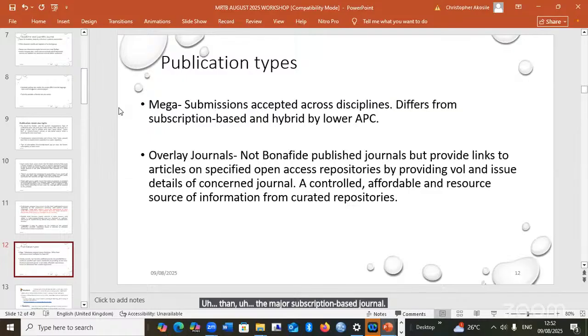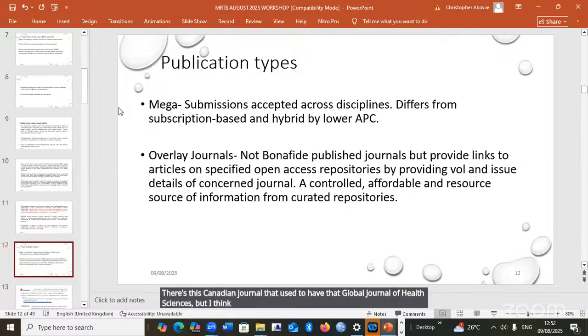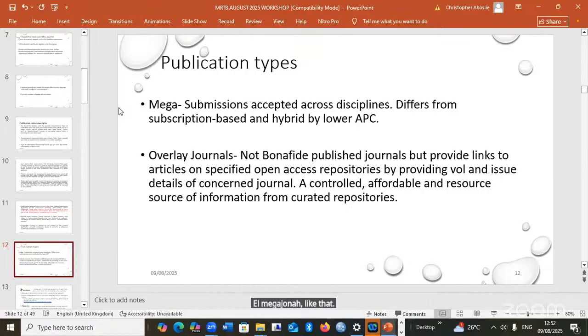There is this Canadian journal that used to have that, the Global Journal of Earth Sciences, but I think their APC has really gone up now. It's a mega journal like that, and they used to have a comparatively lower APC. They've been around for more than 25, 30 years, if I'm right.